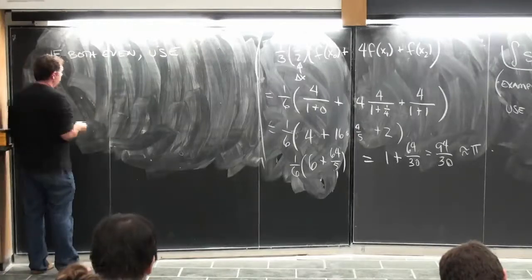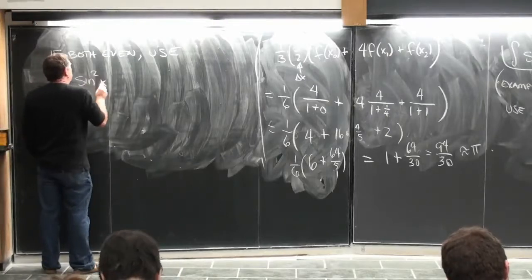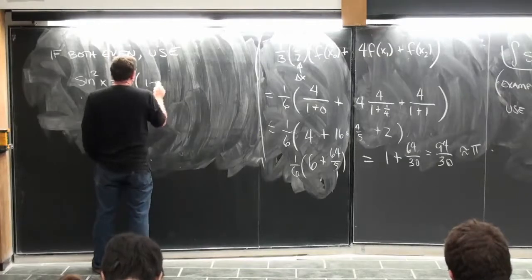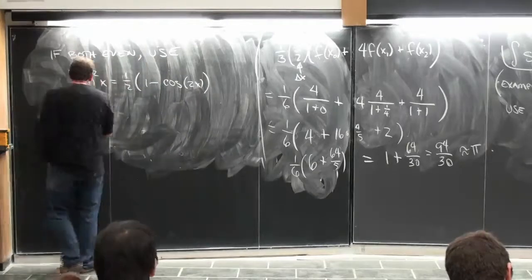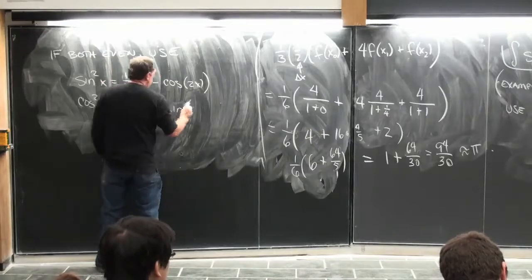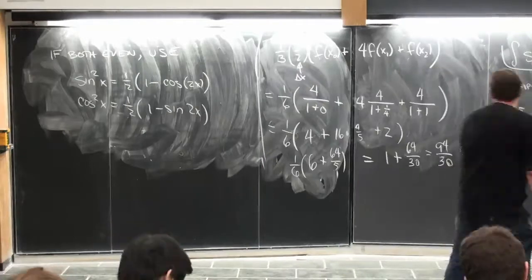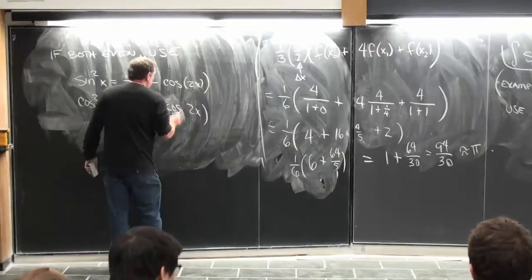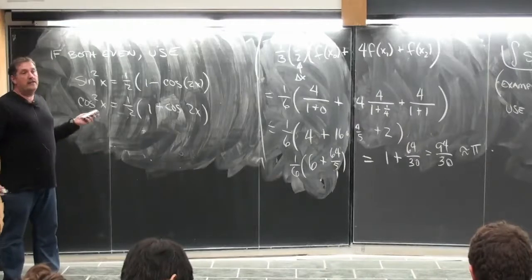So we use the fact that sine squared of x is 1/2 times (1 minus cosine 2x), and then cosine squared of x is 1/2 times (1 plus cosine 2x). Still cosine, it's a plus. I know it's right, I just didn't write it. So this cuts the power in half, and then now maybe one of the powers is odd